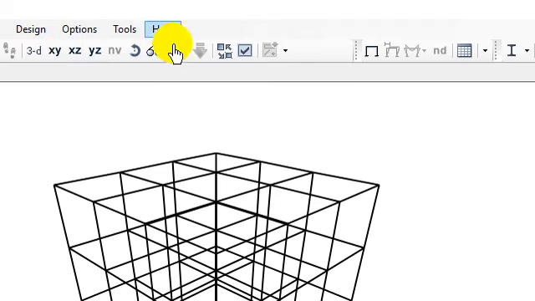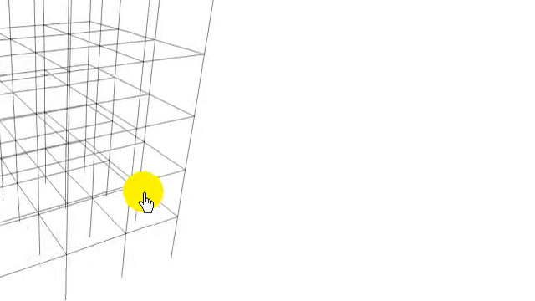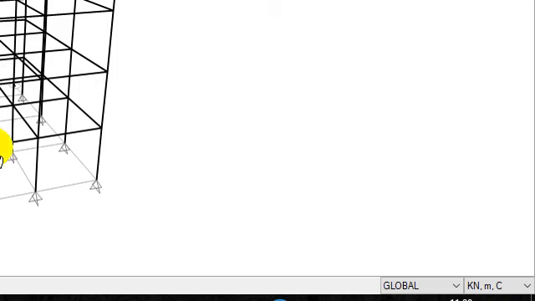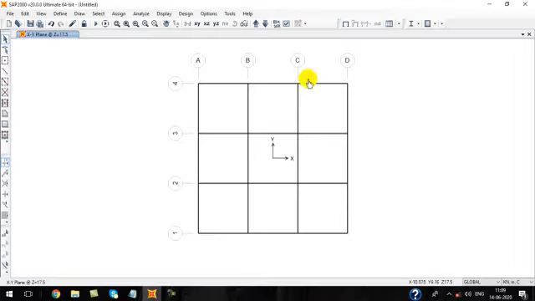The vertical axis is the z-axis. So x, y, and z-axis. Let me change it to the plan XY view, and these are the drop-downs to move between your stories.